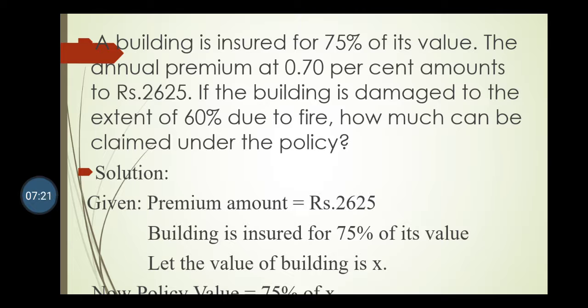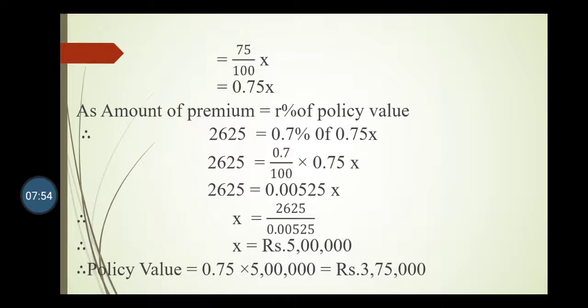Student, in this question, premium is given, policy value can be found, and you have to find the claim for this property. So the premium amount is rupees 2,625. Building is insured for 75% of its value. Let the value of building be X. Now policy value is 75% of X. 75% of X means 75 upon 100 into X, which is equal to